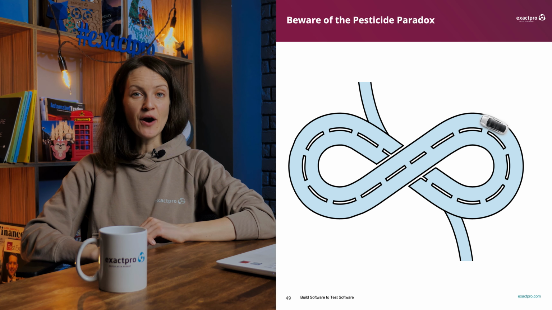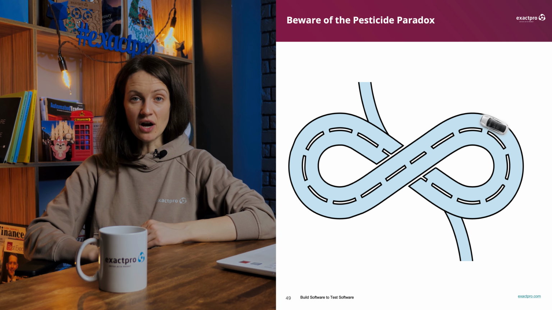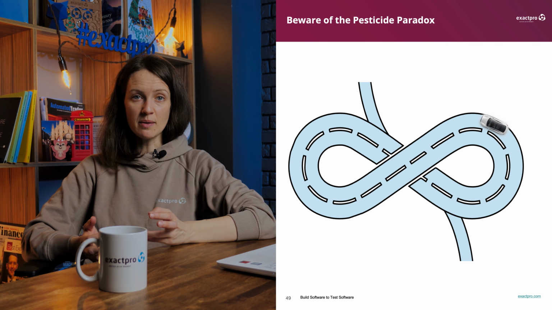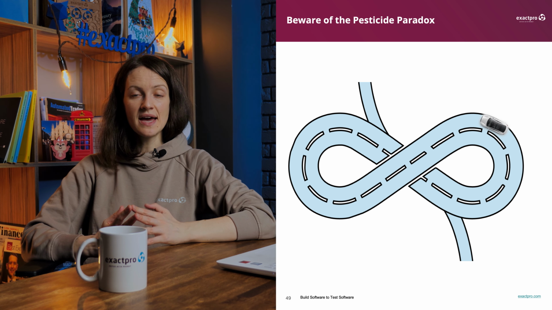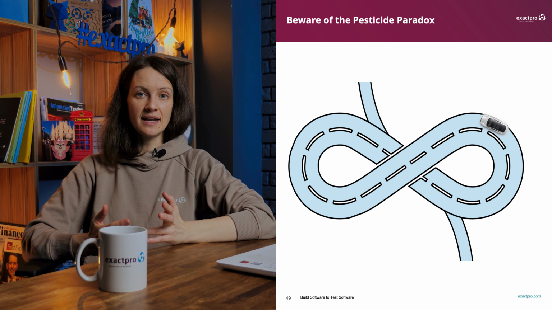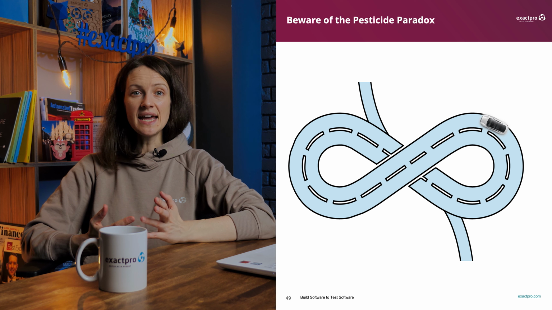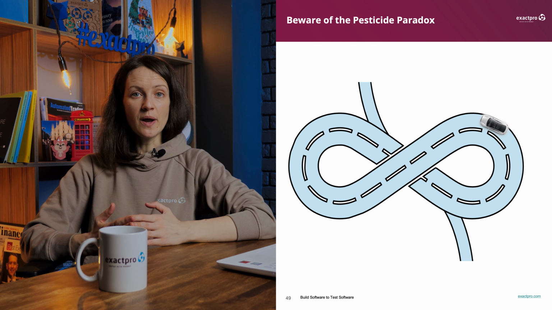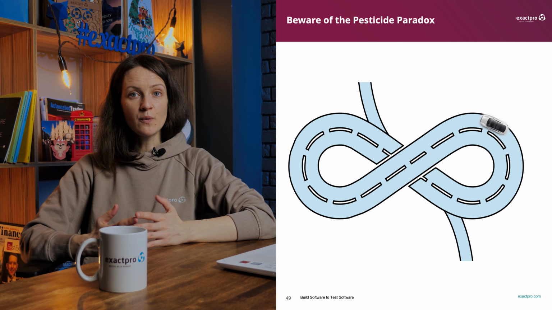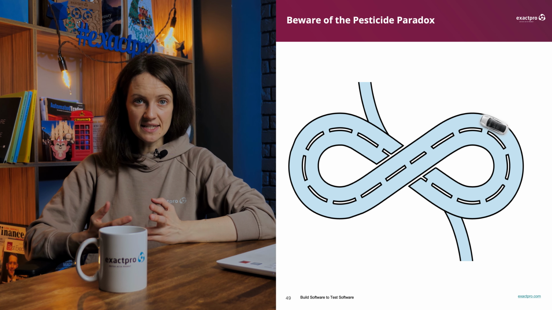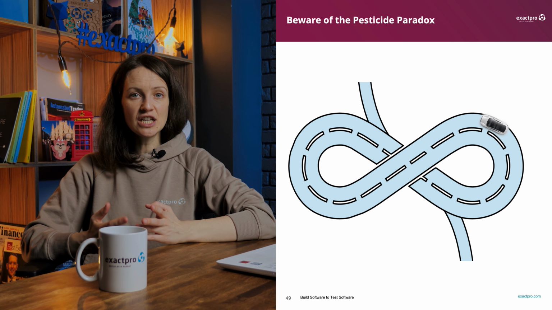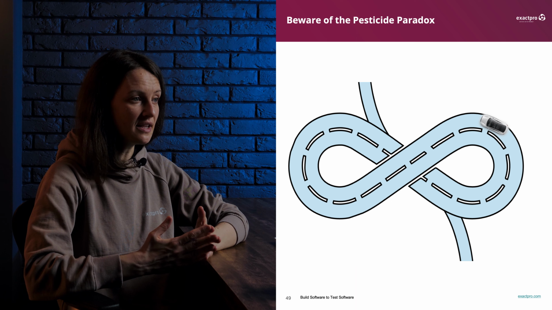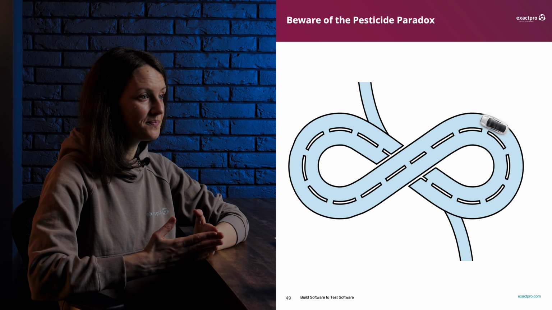Principle 5. Beware of the pesticide paradox. The paradox states that the insects that survive the first pesticide attack will most probably survive the second one as well. A virus that attacks you once and has your system produce antibodies isn't likely to do much damage the next time you encounter it. Similarly, when we run the same tests over and over, when we use the same approaches of finding defects, then there will be bugs that continuously escape our testing processes. These defects will eventually be resilient to our testing methodology.